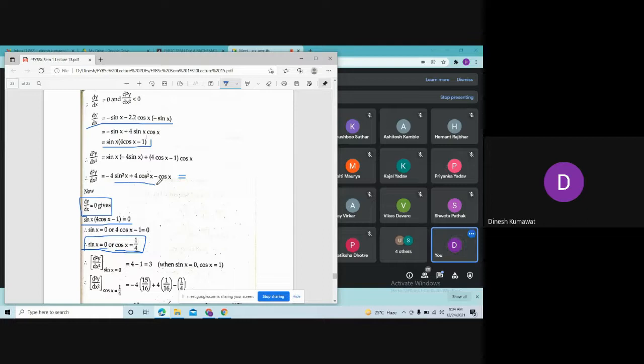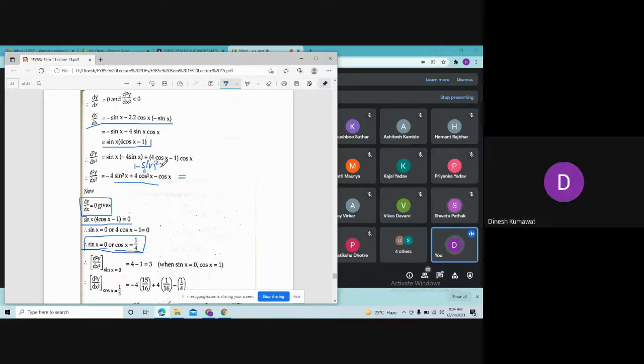Firstly, all the terms in terms of sin x. Secondly, we need to convert all the terms in terms of cos x. Because here we are having two different values of x. So पहले हम sin x is equals to 0 के लिए कंसिडर करते हैं. So cos x को हम क्या पुट करेंगे? Cos x is equals to 1 minus sin square x, right? Yes, sir.